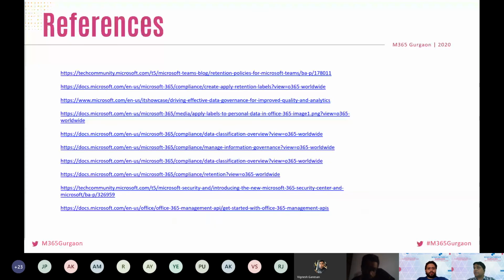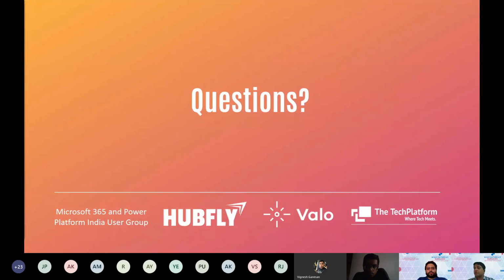And for the API demo we have given, these are the references from where we have taken the images and the content we have referred. We have collected everything from these references. So it's important to give credit to these links, and I have provided all these references over here.